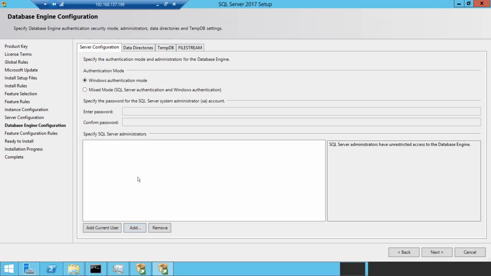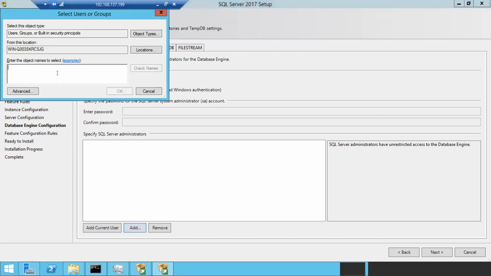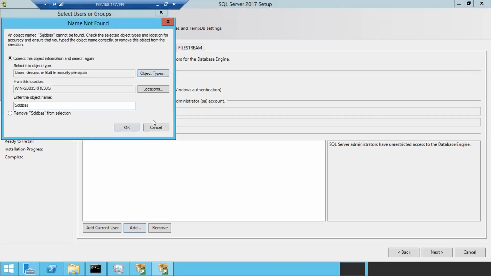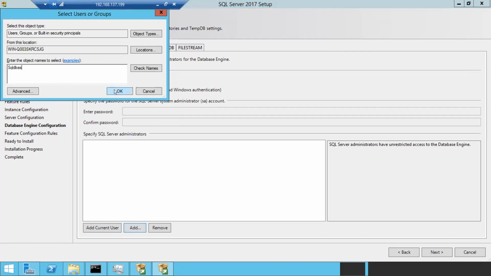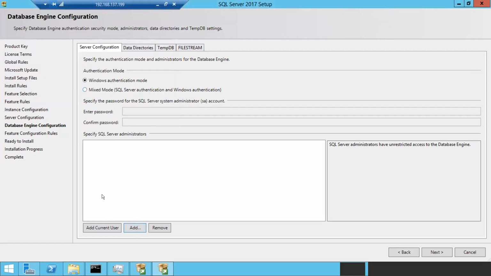So we'll add the group login here, meaning all the DBAs will be grouped together and it will create one common account. If I click on the add button, I have to give the SQL DBA's group name and click on check names. I'll get some name and I have to click add. Now there is no such group, that's why you are getting an error, but in the future I'll show you how to do that. At this moment, I'll click on add current user,